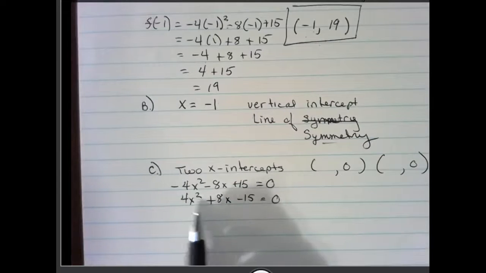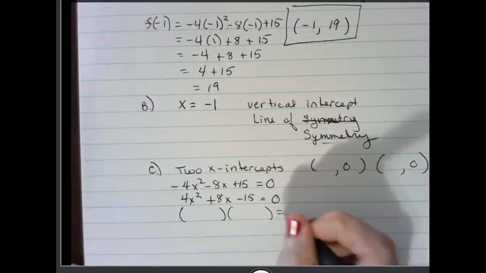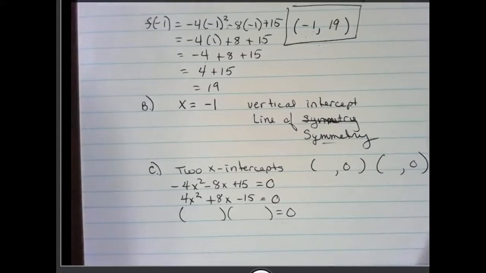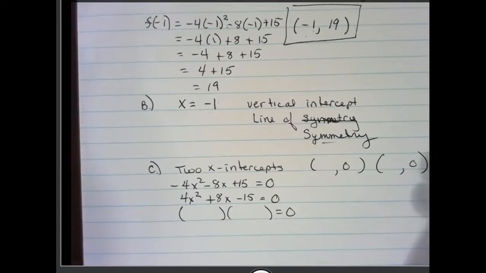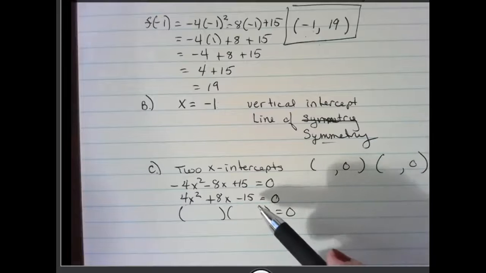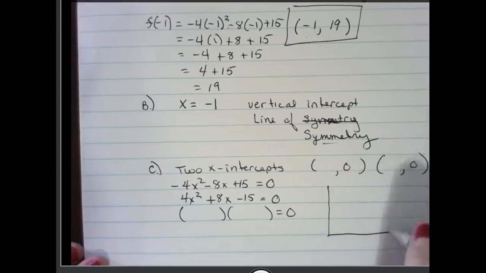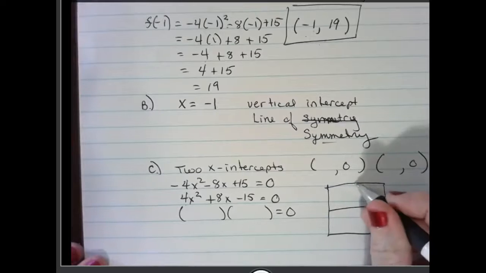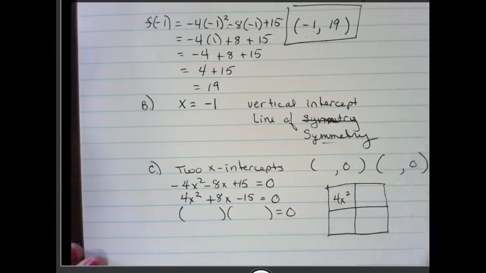Now I'm going to factor. Or, if it's not factorable, we could use the quadratic formula in order to solve this, depending on what you want to do. We can try trial and error factoring. We can use the box method again, which I think I will, to see if it will work, if it is factorable. And you remember you put the first term, and then we have the last term,